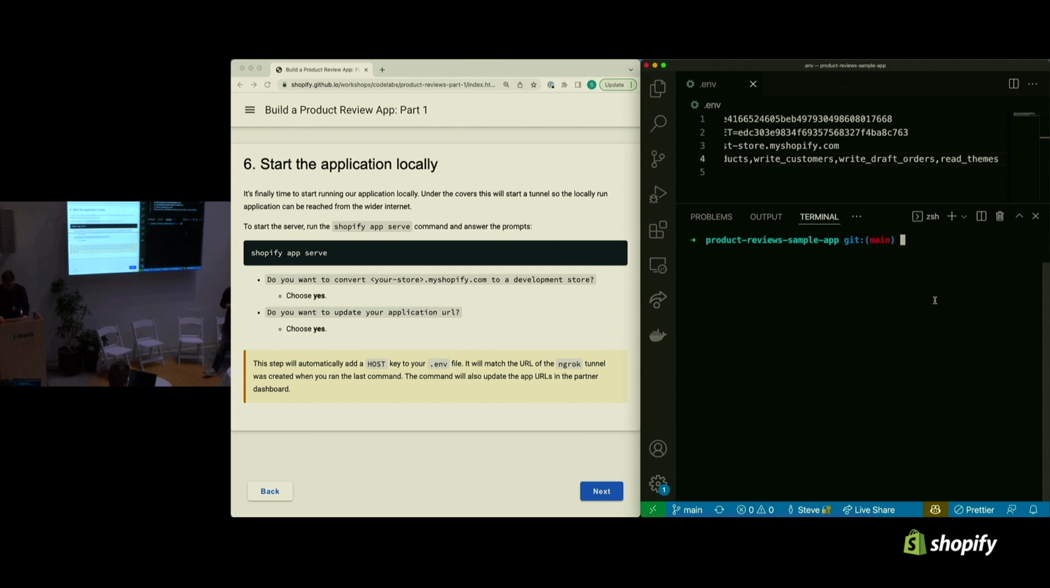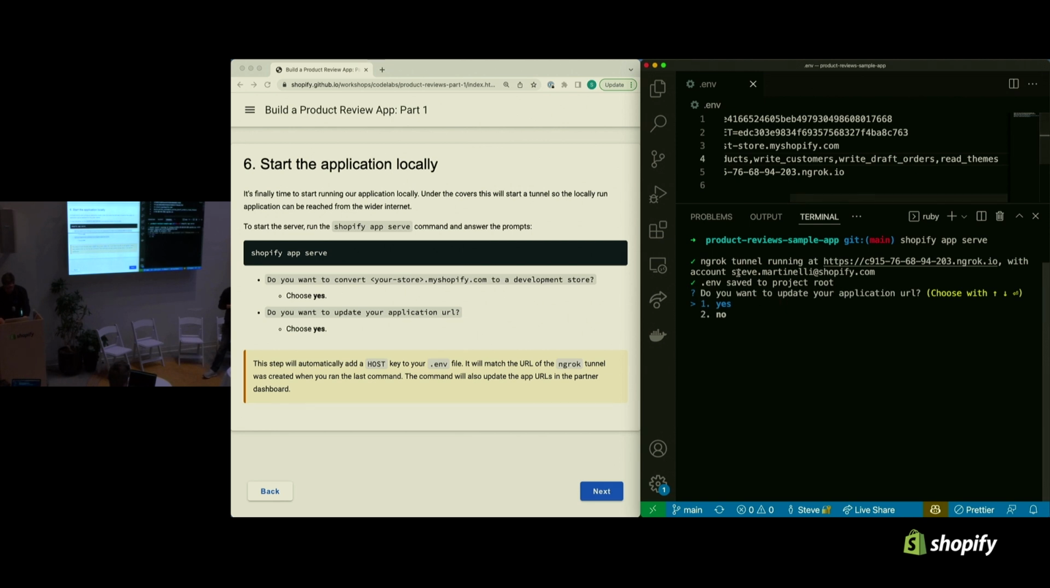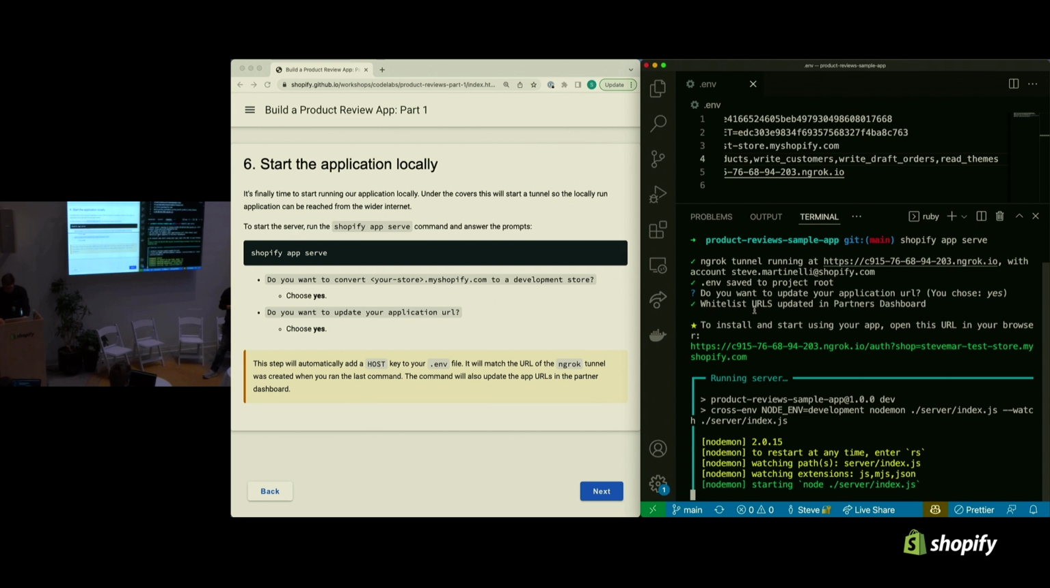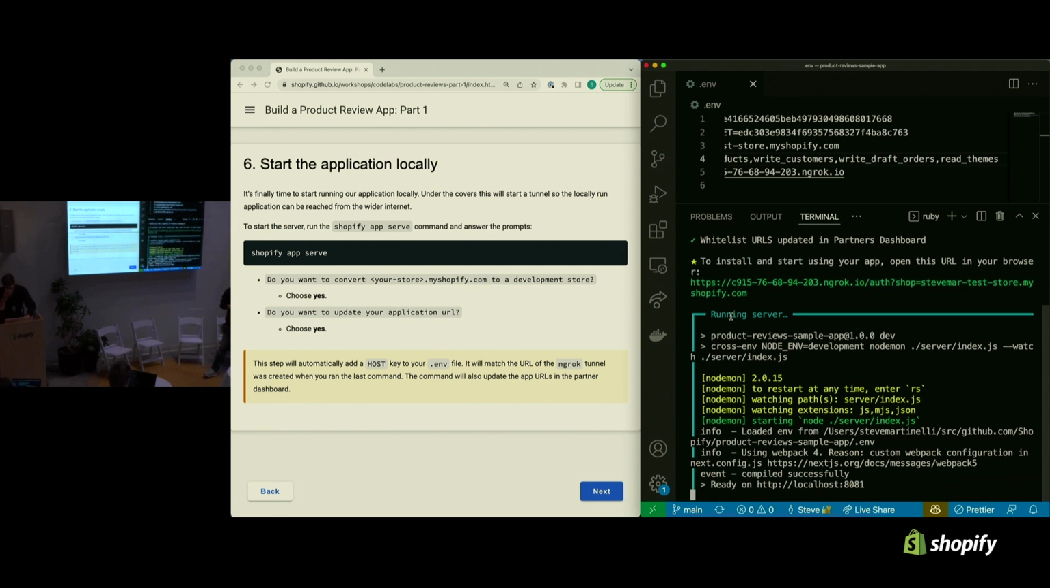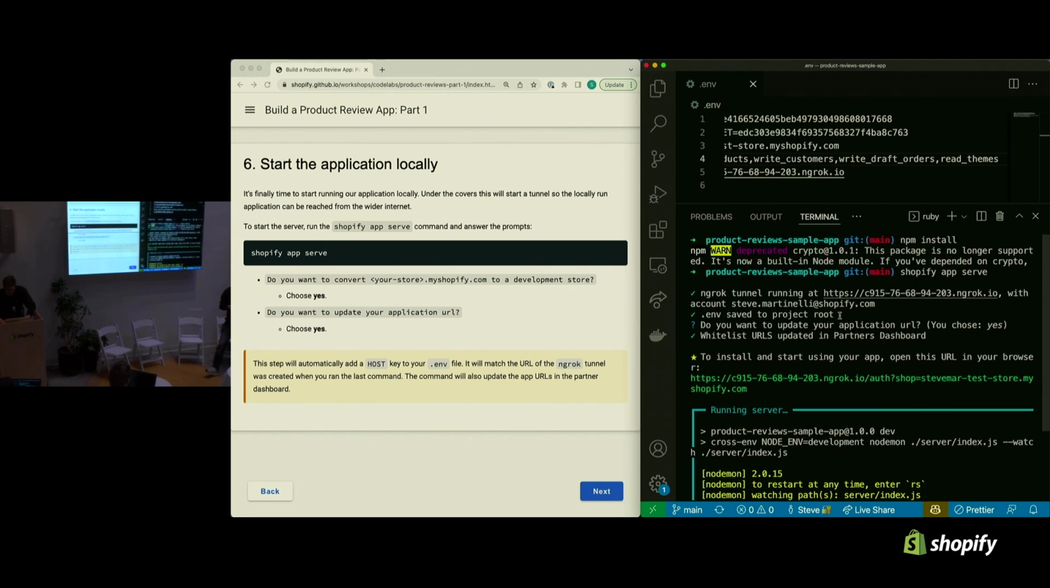Exactly. Now the next step here is to get the application running locally. Let's go ahead and run Shopify app serve. And you can see it's going to use ngrok to start a tunnel. And it's going to ask if we want to update the application URL. We're going to click yes, and I'm going to show you what that does. If you're familiar with ngrok, it creates a URL which allows traffic from the wider internet to access the server that you have running on your local laptop. So here's our ngrok host. We're going to copy that